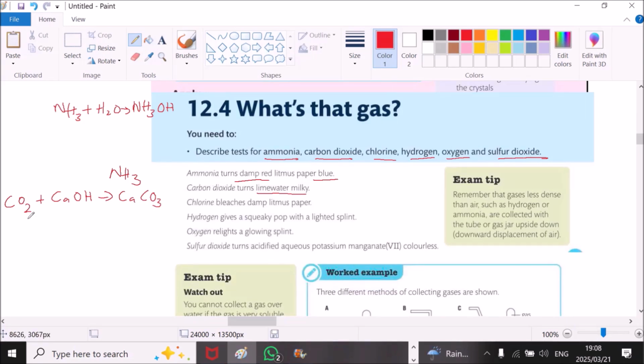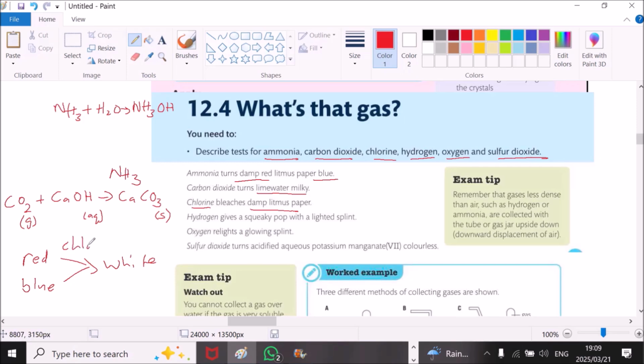So this one is a gas. When it mixes with a solution of calcium hydroxide, it will give calcium carbonate, which is a precipitate, which is a solid. So this solid has a milky color. So carbon dioxide turns lime water milky. Chlorine bleaches damp litmus paper. So whatever color of litmus paper, whether it's red or blue, will all turn white when it gets in contact